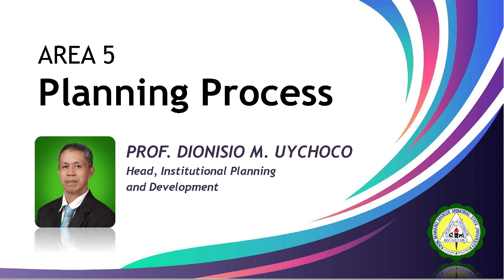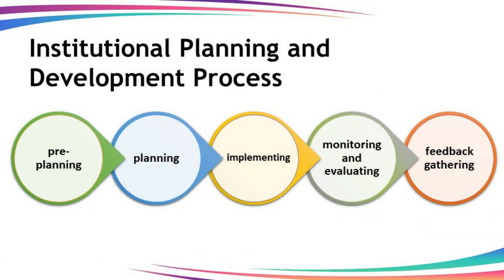Don Mariano Marcos Memorial State University is guided by a strategic plan that serves as the blueprint of its basic annual operations along its major trifocal functions: instruction, research, and extension, with production as an integral component of each of these functions. The institutional planning and development process follows a top-down and bottom-up process and involves the following distinct phases, namely pre-planning phase, planning phase, implementation phase, monitoring and evaluation phase, and feedback gathering phase.